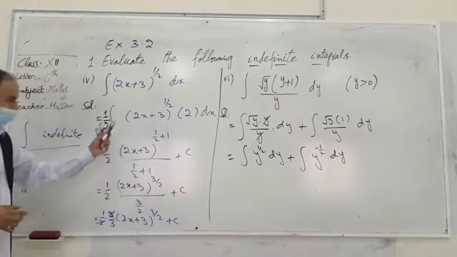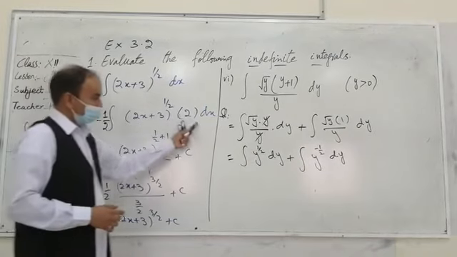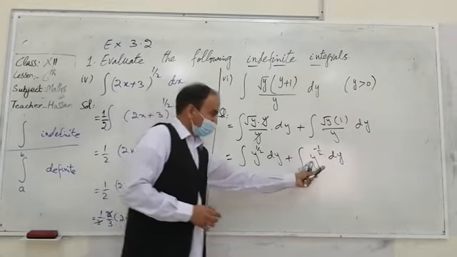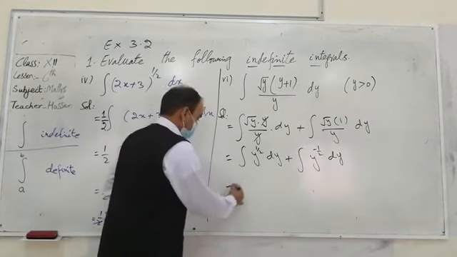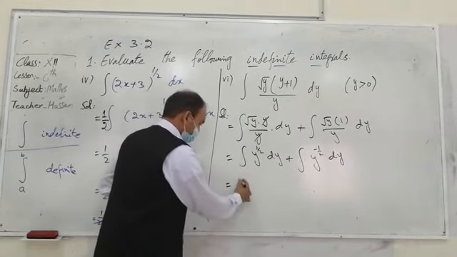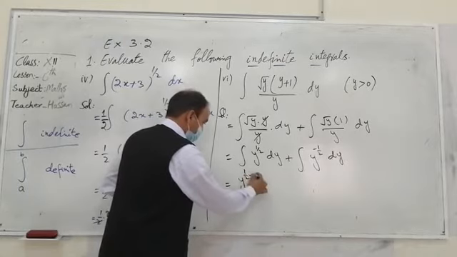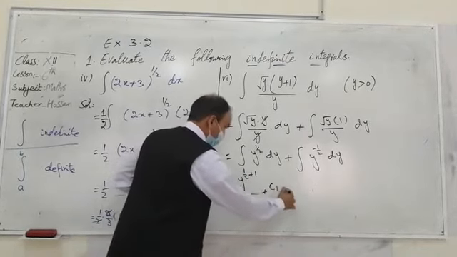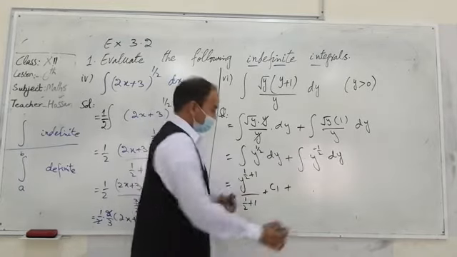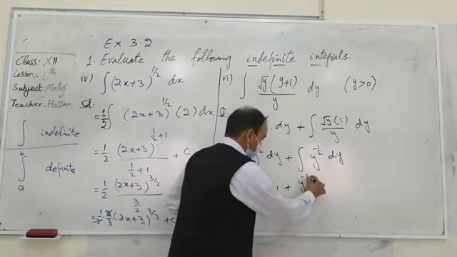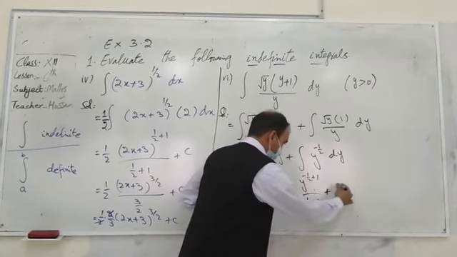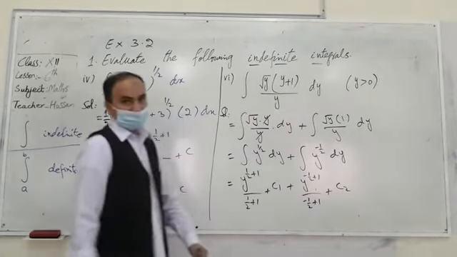Now, hope it is clear like this. Function is given, differential is given. Function is y, differential is dy. Likewise, same function is y, differential is dy. So what says the solution of integration? It says that same power plus 1 over same power plus 1 plus some constant of integration, and for the second, same rule, that is same power plus 1 over same plus 1 and plus constant of integration. Hope you understand.